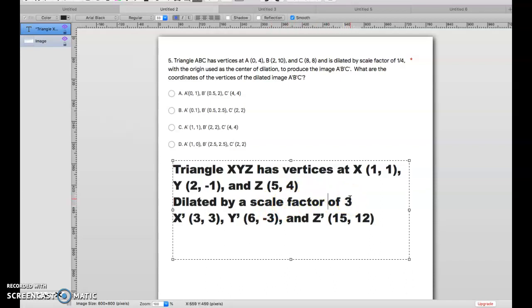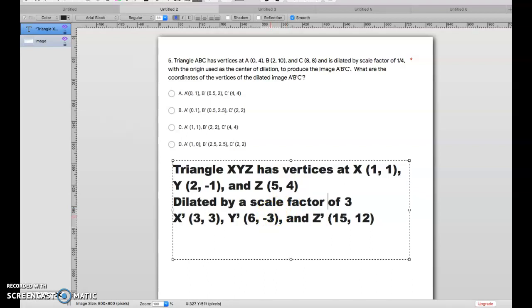So when I do that, that just means I take all my original x and y values and multiply them by my scale factor 3. So 1 times 3 is 3, 1 times 3 is 3. So X prime is going to be (3, 3). For my point Y, I've got (2, -1). 2 times 3 is 6, so my new x value for Y is 6. -1 times 3 is -3, so my new y value for